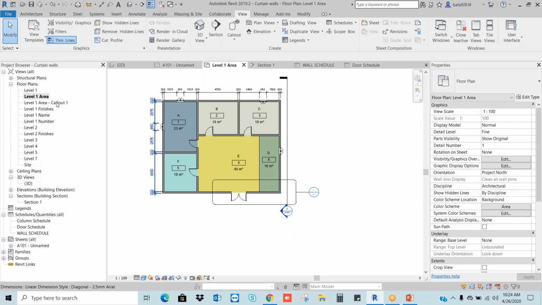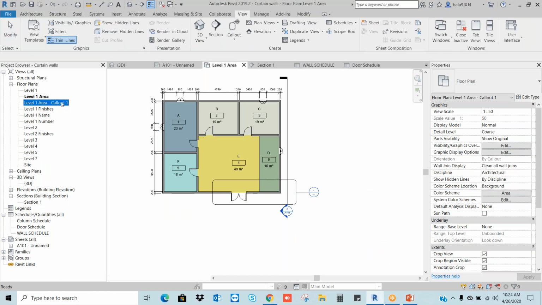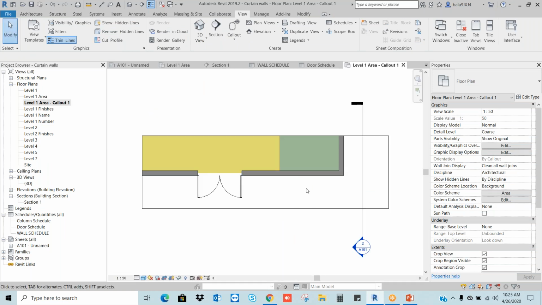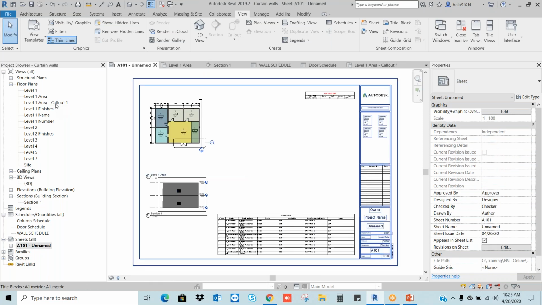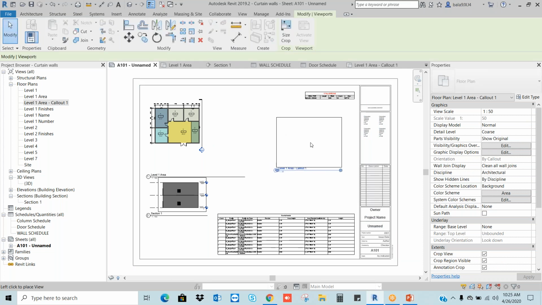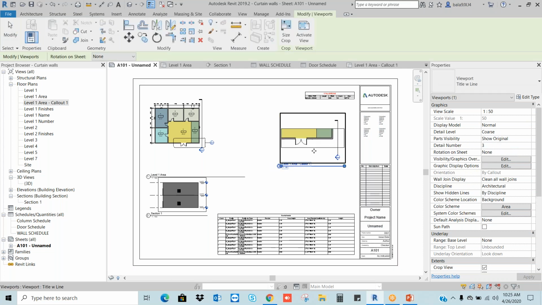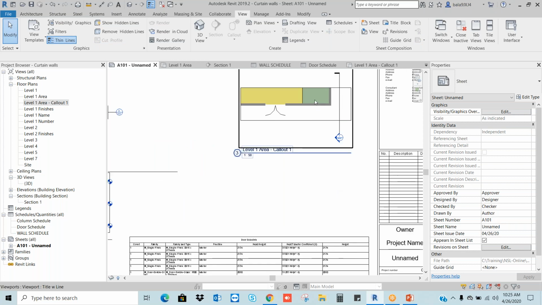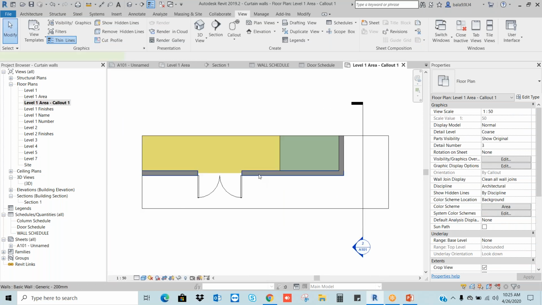So one more drawing has been created here, the call out. If you go there, you can see this particular drawing. If you want to place this drawing also in the sheet, just go there, just drag and drop. So one more sheet. And here if you want to add different text and dimensions, you can do it within this box. Let's say I'm going to add one tag.